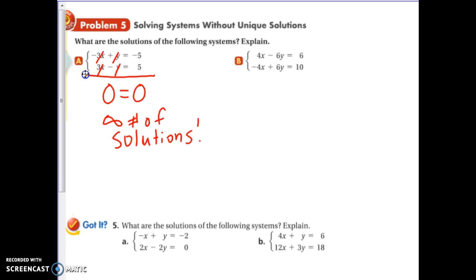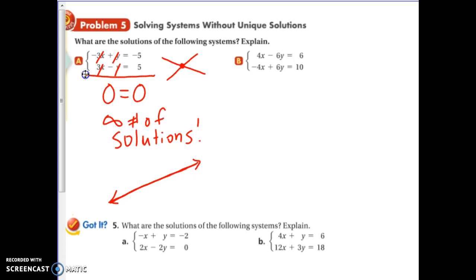Well, with all the other problems we did, they crossed at 1 point. That 1 point that we're looking at is our solution. For these ones, if there's an infinite number of solutions, everything on this line and everything on this line would be the same thing. So they are, in fact, exactly the same line. So that's what happens if this situation happens. Now, it doesn't have to be just 0 equals 0. It makes any true statement. So if it says 8 equals 8 or 12 equals 12 or negative 3 equals negative 3,